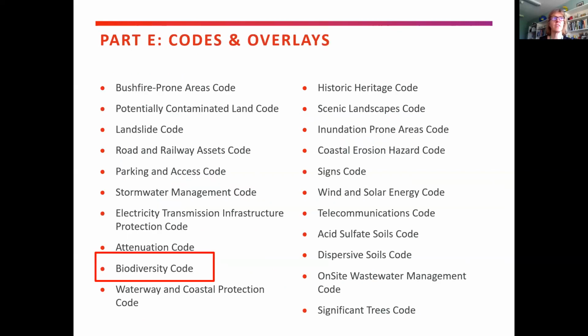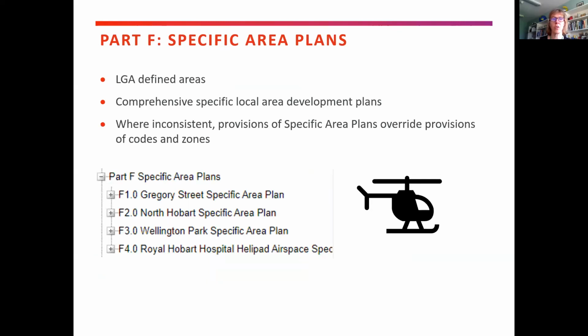So yeah, biodiversity code is one of many. There are a bunch that are pretty much always triggered, parking and access, stormwater, a bunch that are probably pretty rarely triggered, acid sulfate soils, dispersive soils, but they're important because when they do apply, you need to take really good notice of them. All right, so keep going down and open up part F,